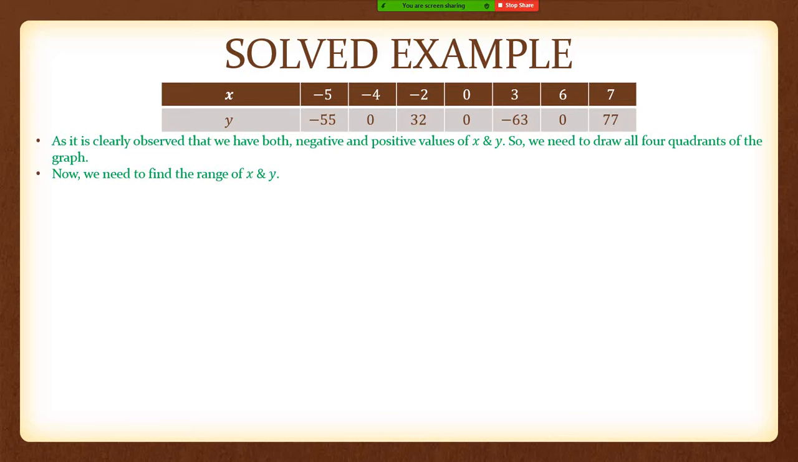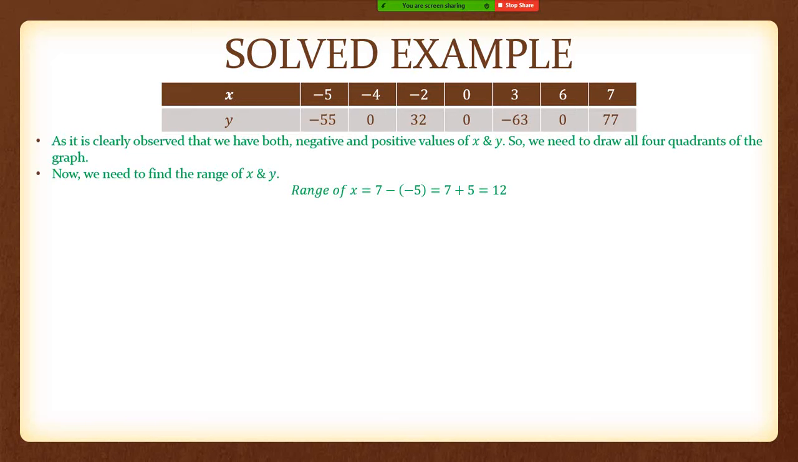Now we need to find the range of x and y. We have discussed earlier that after drawing the coordinates, we need to find the range of the two values. For the range of x, we must subtract the smallest value from the greatest value. The greatest value for x is positive 7. The smallest value for x is -5. So 7 minus -5 can be written as 7 plus 5 equals 12. So the range of x equals 12, which means we have to draw 12 units